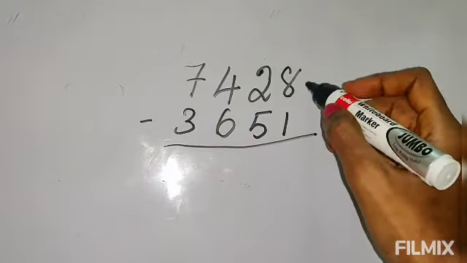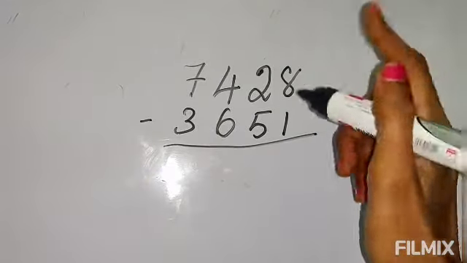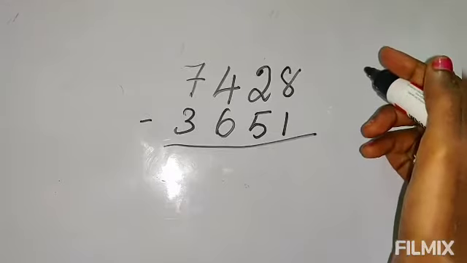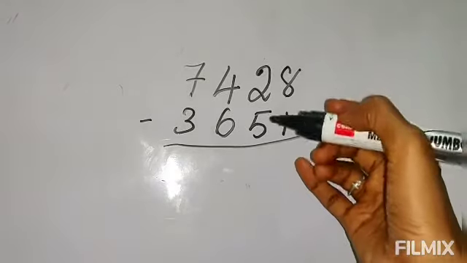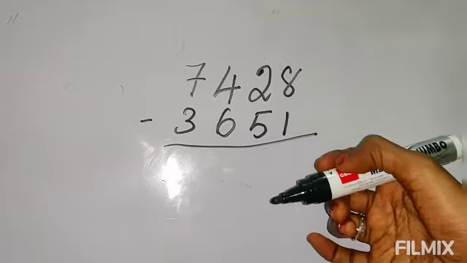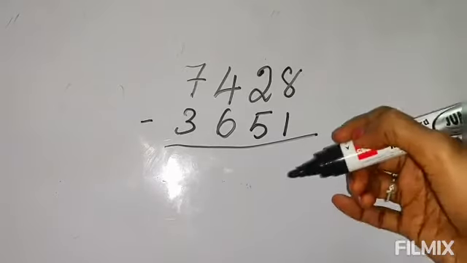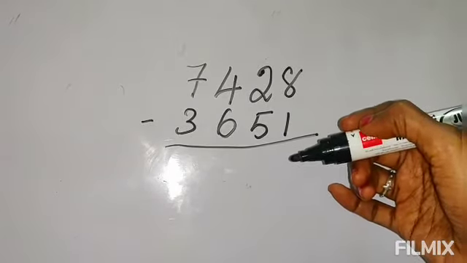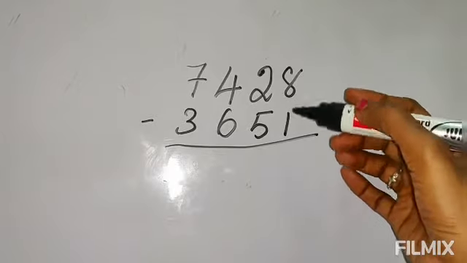So the bigger number, and in subtraction we will have only two numbers. We cannot have more than two numbers. If there are more than two numbers, it means first we will minus one number, then again we have to minus another number. Okay, we cannot do it in one row like addition, no? So here we have to